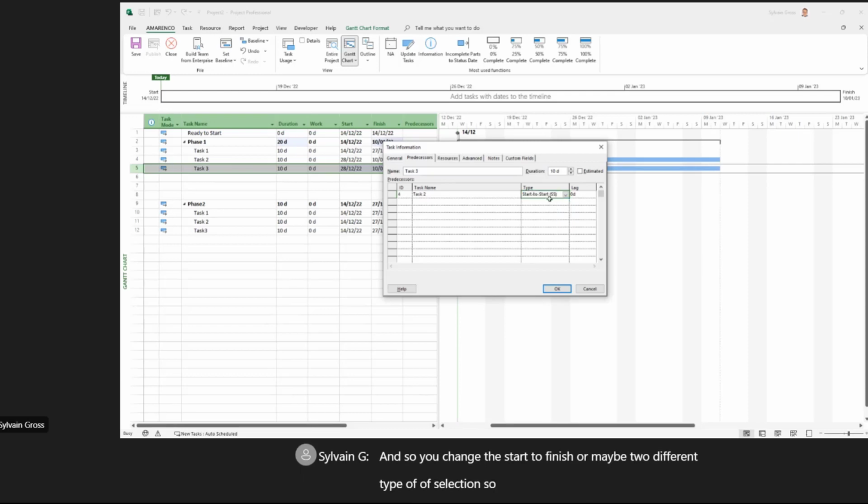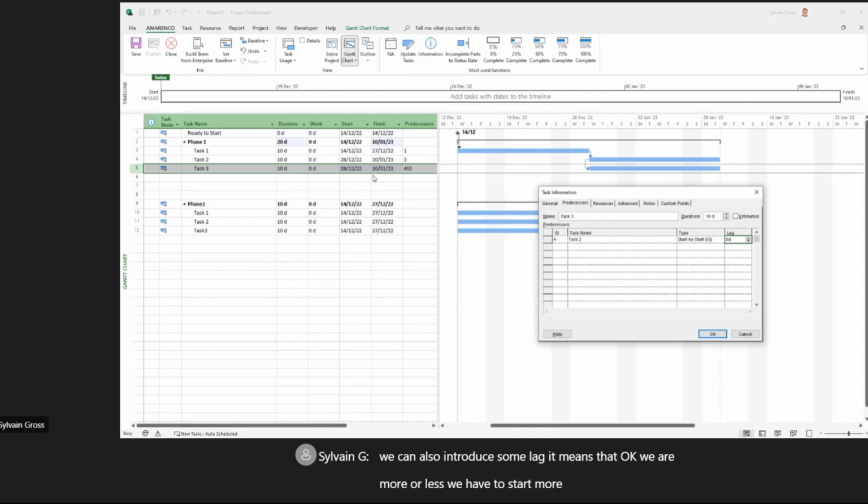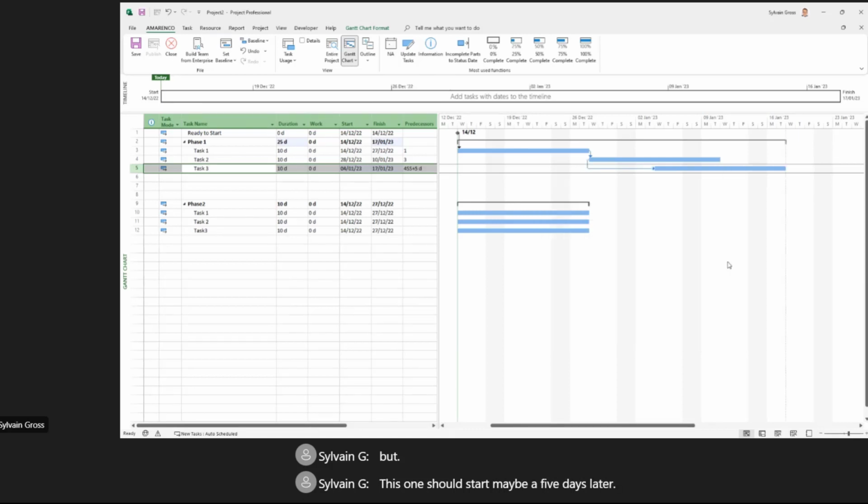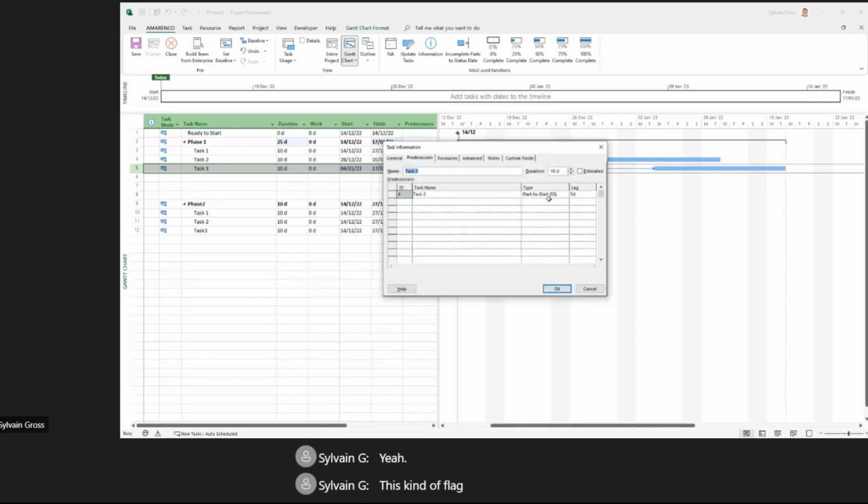So we'll stay with start to start, and we can also introduce some lag. It means that, okay, we have to start more or less at the same time, but this one should start maybe 5 days later. Okay, and if you do this, you see that you have a 5-day duration between the start of this one and the start of the second one. Okay, this kind of lag can be set up